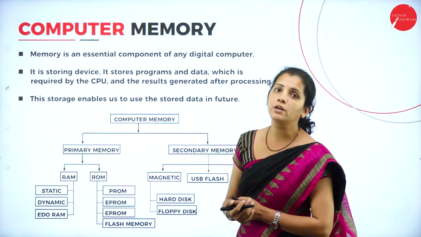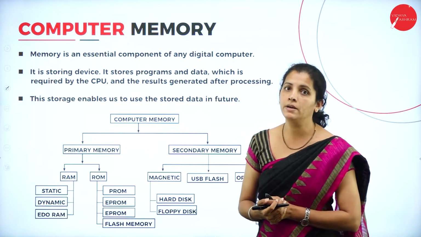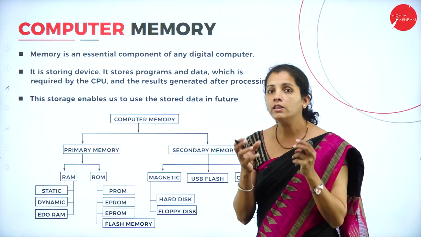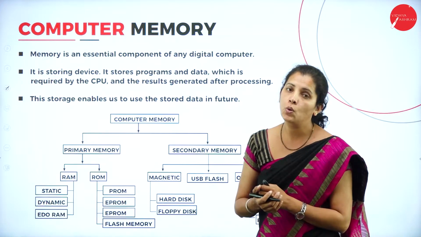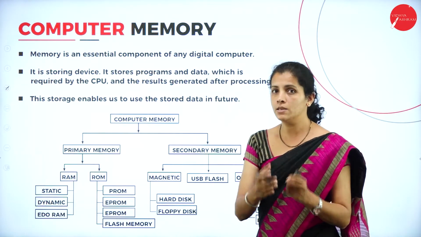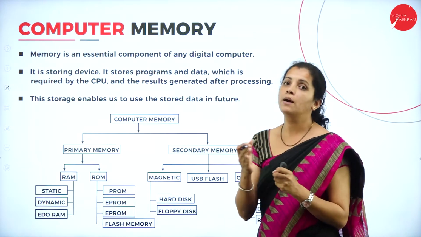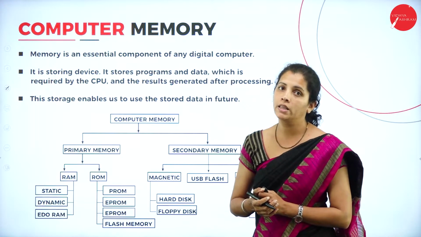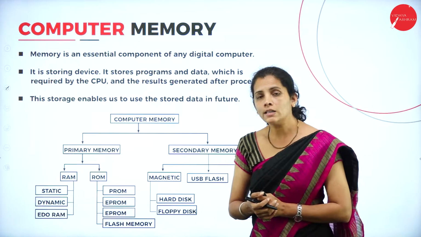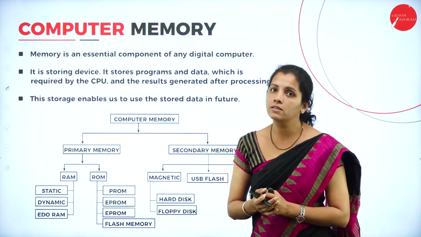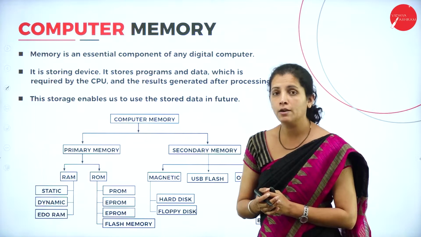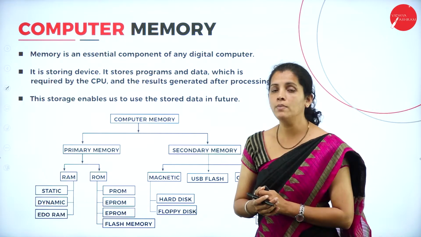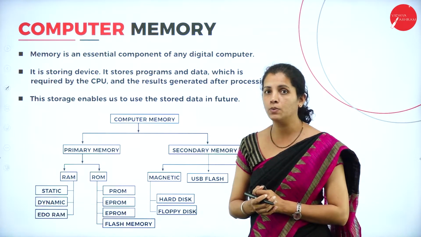Before that, let me consider a simple example here. If I consider the human brain, all the information is stored in the human brain. Similarly, if I consider a computer system, all the data are stored in the memory. So what is this memory? Memory is nothing but the repository or storage area where we can store the data as well as